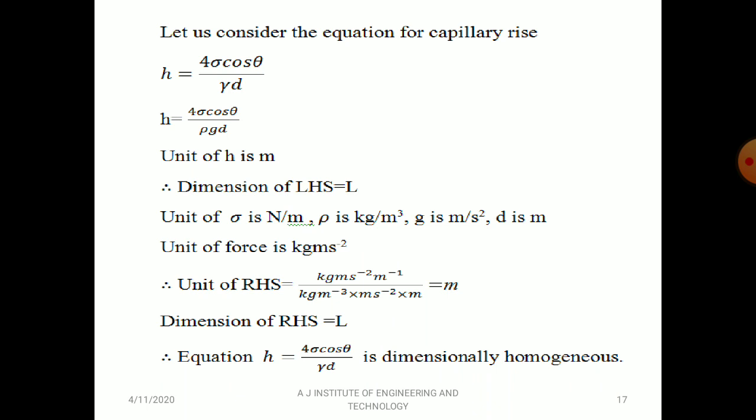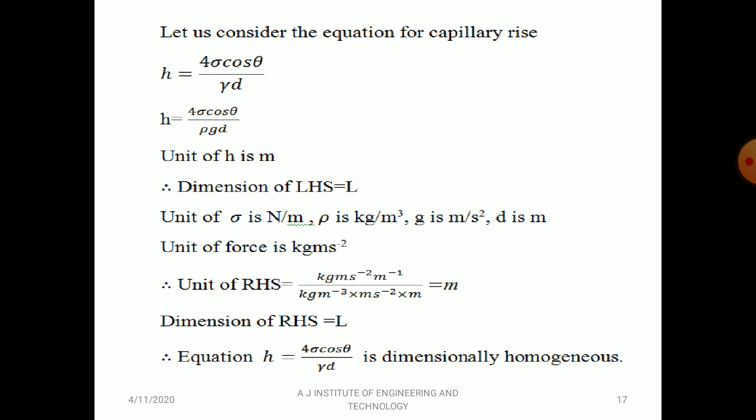Then the unit of sigma, that is surface tension, is Newton per meter. There is a force acting per unit length. The unit of rho, that is density, is kg per meter cube. The unit of g, that is acceleration due to gravity, is meter per second square, and the unit of diameter is meter. Therefore the unit of force is kg meter per second square. Therefore for the unit of RHS, the force term you are going to get in surface tension, so I wrote the unit of force there. Unit of RHS equal to, so there is 4 sigma, 4 you can directly neglect,